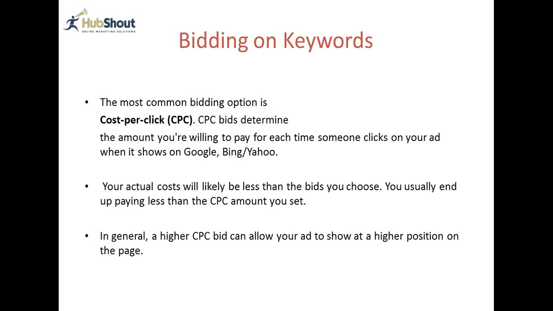But when you set your bid, and let's just call it for the term plumber in Washington, D.C., I may say I'm willing to pay up to $5 for that particular phrase when someone searches for it. What happens is that at the moment someone out there searches for plumbers in Falls Church or in Washington, D.C., Google immediately pulls together everyone who's expressed an interest in that term and says, what's everyone willing to pay?